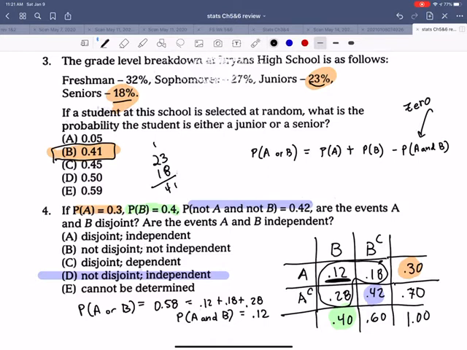So what that means is that since the probability of A and B is not 0, then A and B are not disjoint. Meaning can't happen at the same time. All right, and since